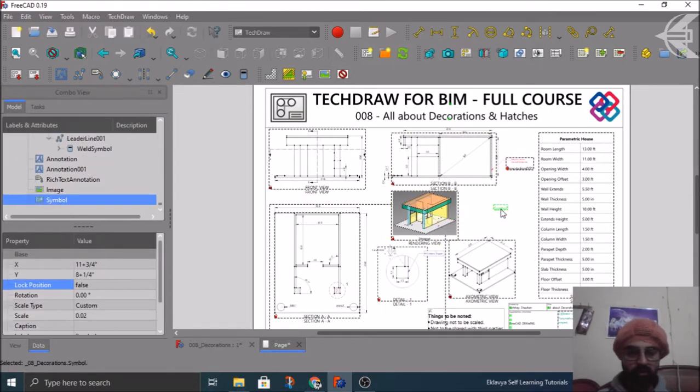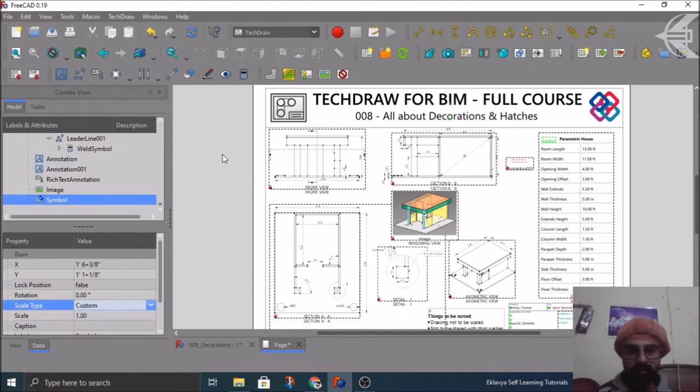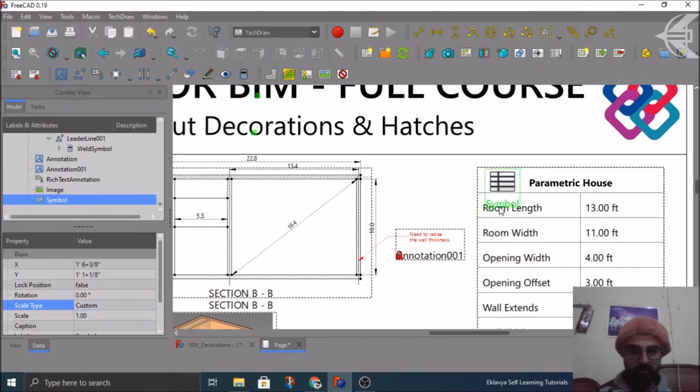It's quite small. So I want to basically place it next to this sheet in the parametric house sheet, the spreadsheet basically. And for this also I can make it scale to 1, and I'll just refresh. So this seems to be quite okay, and I can relocate it and adjust its position. So this seems to be nice.